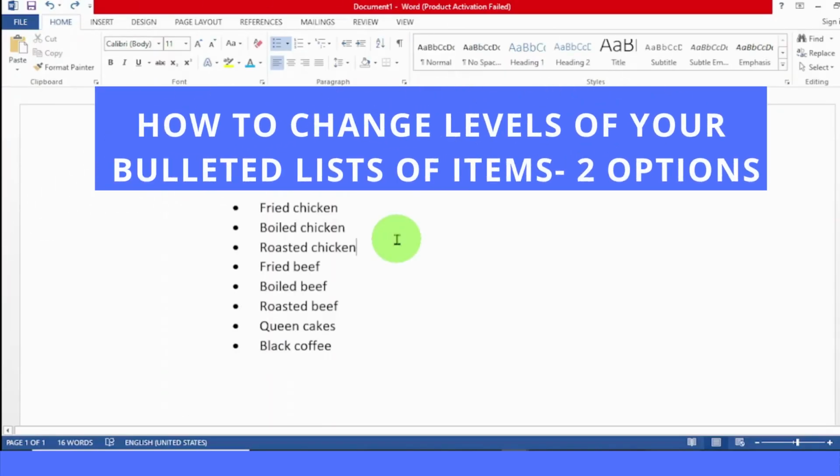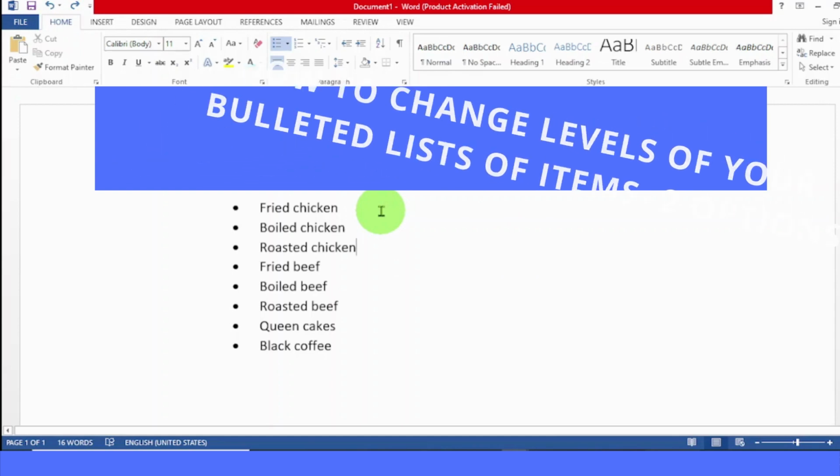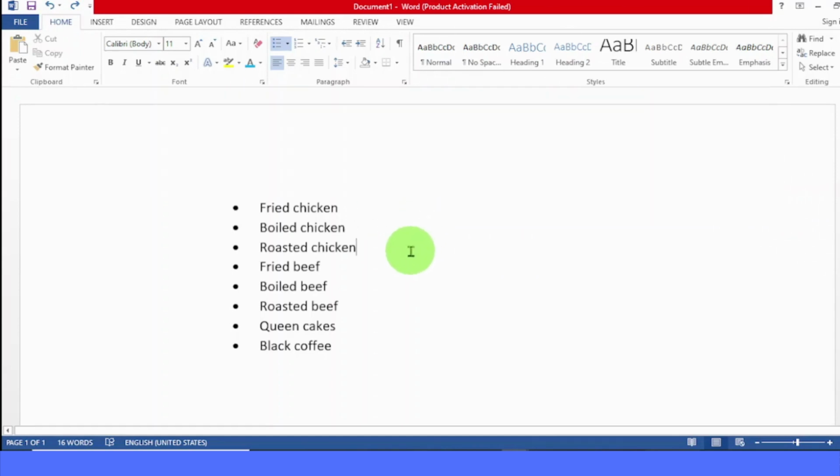Now let's see how we can change the levels of our bulleted list of items. To do that, we have two options. Option number one is to just select the items that you want to change their level, because for now all these items are on level 1. Maybe let's say I want to change these two items, the boiled chicken and the roasted chicken, to level 2. What I'm going to do is just select them, then come here, make sure you are on the home